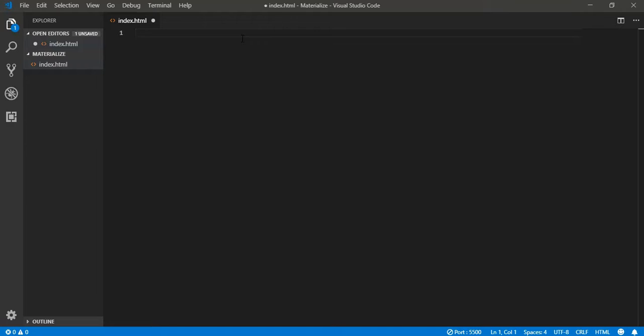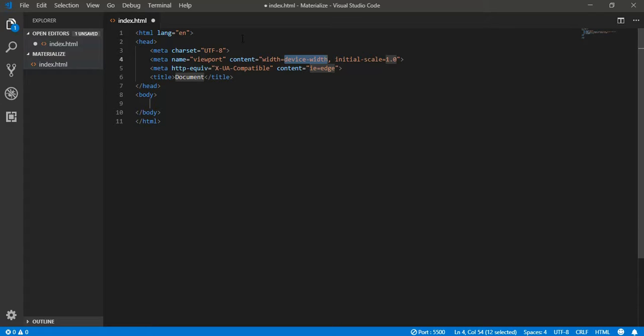So here we are going to start our work from scratch, and one thing to note down is I am going to use VS Code for this tutorial because VS Code gives a lot of features that are very helpful in development. Like you can see it is auto completing a lot of things for me, and there are a lot of other features like live server that you are going to see in a minute. So here I am giving a heading with the name